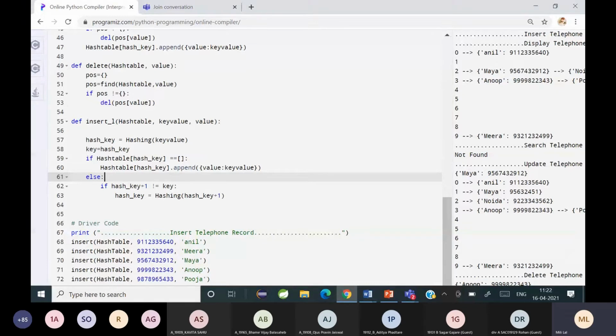As you can see in line 58, I'm assigning hash key to key. If it is not equal to that, then I will find the new hash key using hash key plus 1, and the entire process has to be repeated. To repeat the entire process, yes, I have to call the insert function, right?